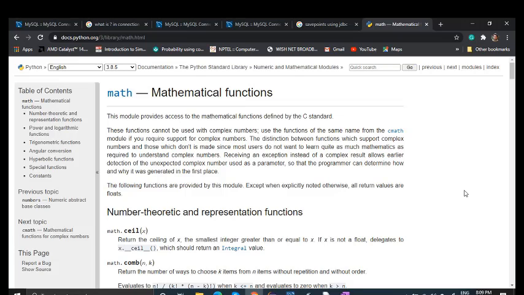Okay. So I will go through the math module. I will go through the random module. I will explain the statistics module also, in detail. Few functions I will do with you people, right? The ceil function, the square root function, the exp function, the fabs function, the floor function, the pow function.